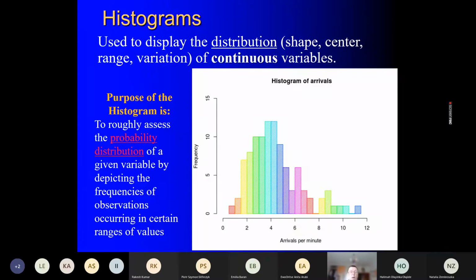And the histogram is also a very conventional chart type in the case of a continuous variable. We use it when we register occurrences of some event by using time. So, for example, in this case, arrivals per minute, and we have some schedule of arrivals, for example, at an airport, or when we register patient arrivals